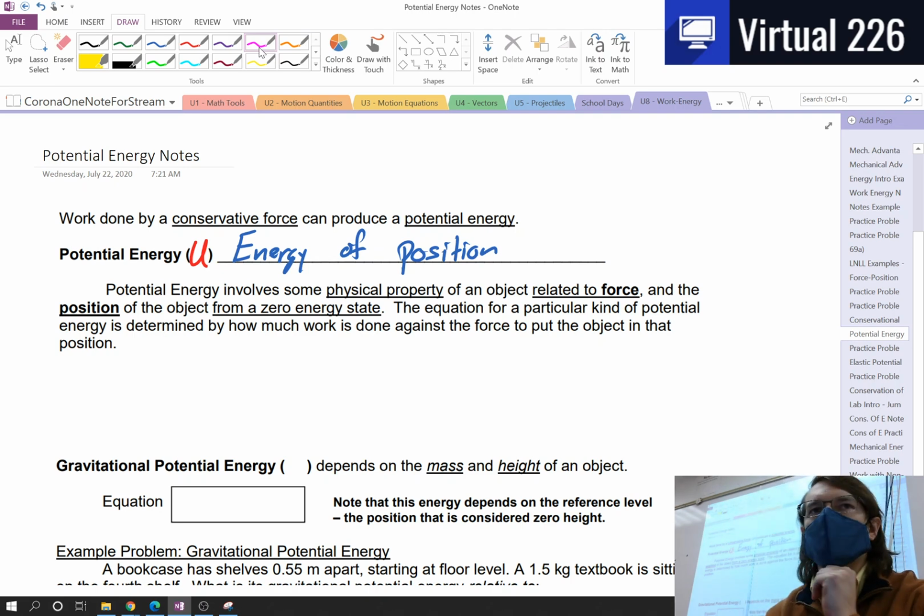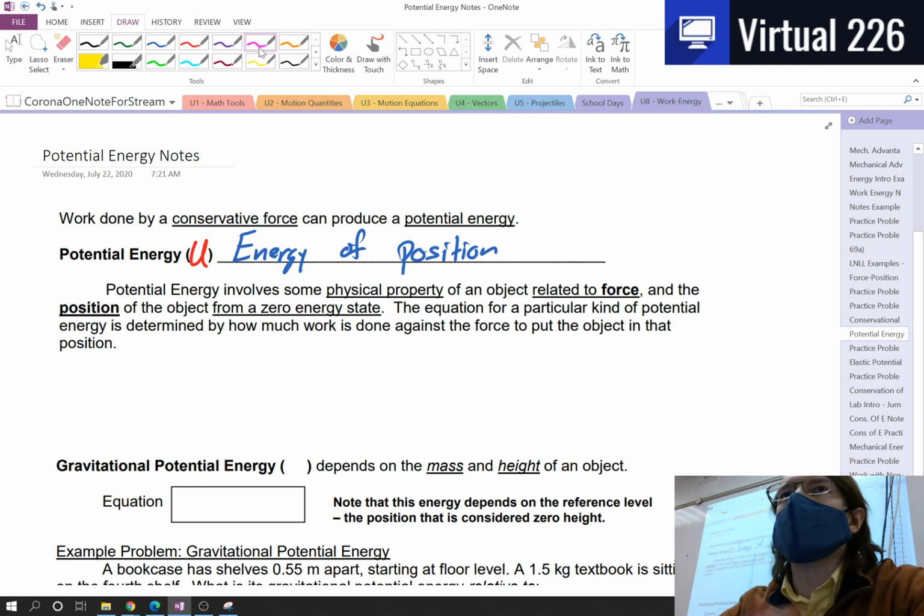You don't want to just accidentally slip one term in for the other, and hopefully I won't do that either while we're talking here, okay? So that's what we're talking about for potential energies. We're talking about putting an object at a certain position, sometimes in a field, and with springs just sometimes, on